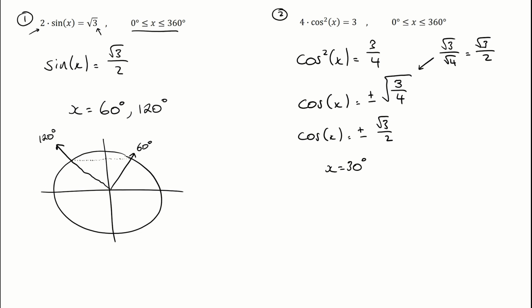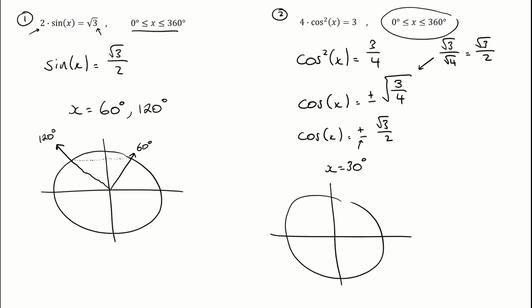However, I'm allowed for it to be the negative version as well, and I'm also allowed anywhere inside of my unit circle. So if I draw out my rough unit circle like so, I've got this 30-degree angle that comes out like that. Now, if I want cosine, I need the symmetry in the x-axis, so it's going to be this angle down here, which will also give me that positive square root of 3 over 2, and that is your